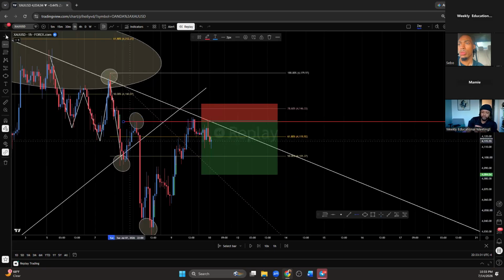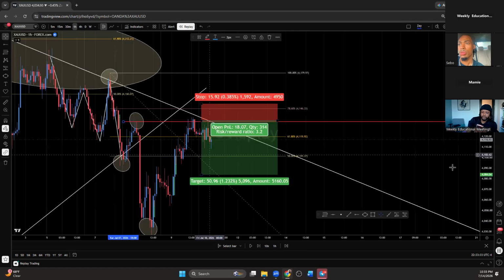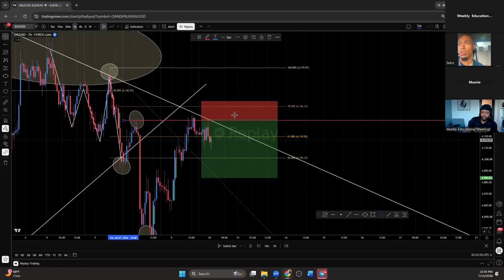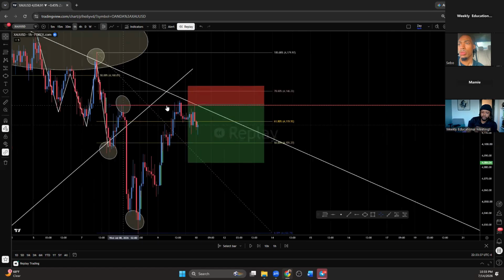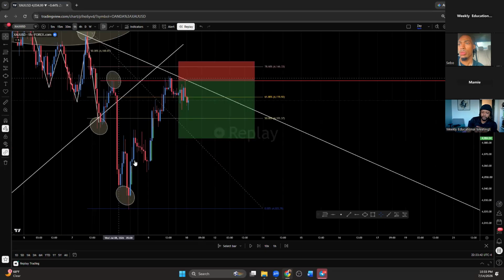All right. So based off of that, that's what I needed to see. I needed to see market kind of come up a little bit higher than this area, right? A little bit higher than that. This is kind of like that sweep that I was looking for. So in this case, we got a break of structure, we got a liquidity sweep, and we were still getting higher highs and higher lows off of this retracement right here, right?